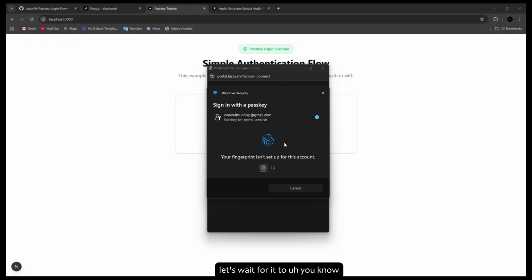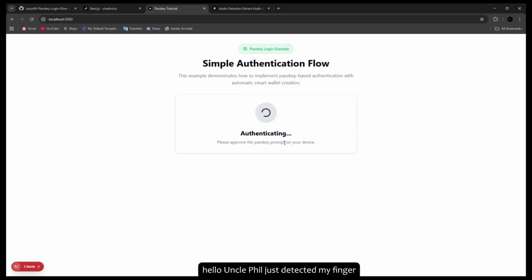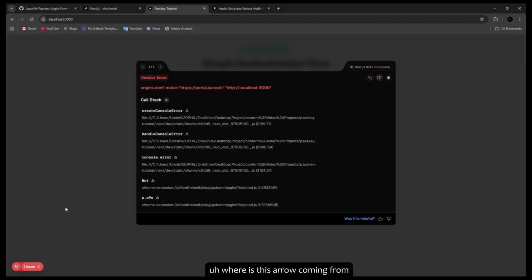Let's wait for it to indicate that I've successfully added my fingerprints. It's trying to detect my finger. Come on. Yeah, I don't want to feel just detected my finger. Where's this error coming from? I think it's